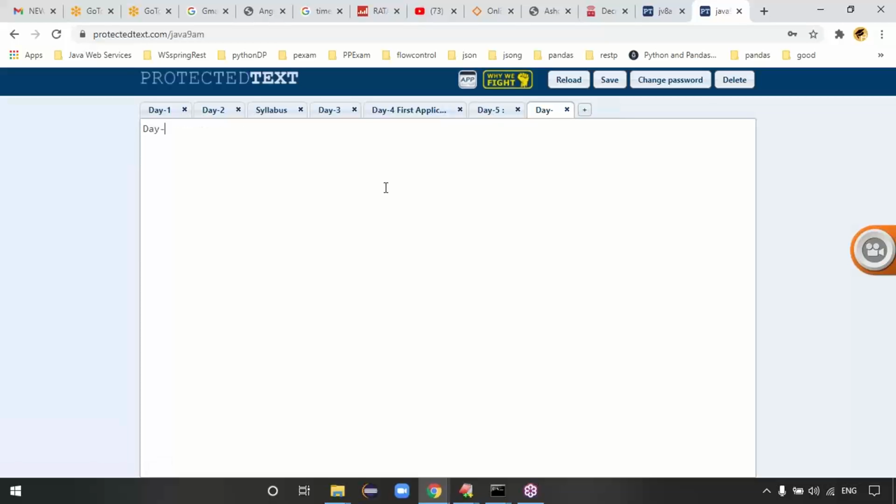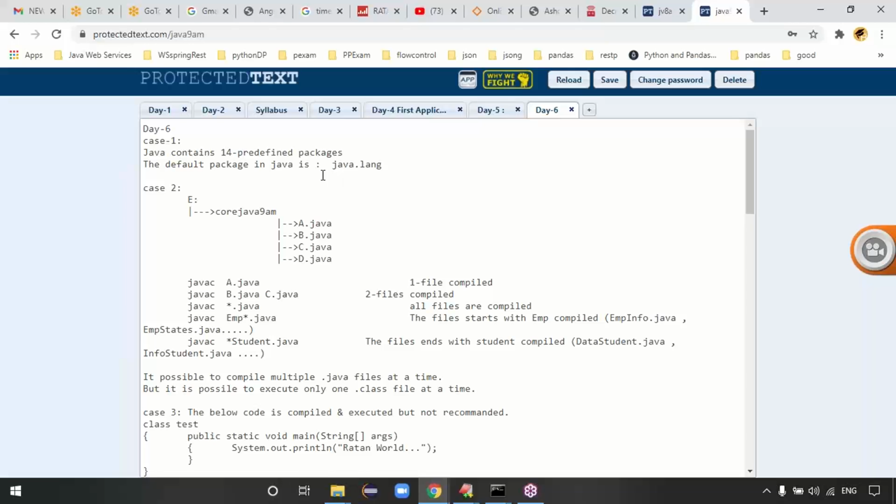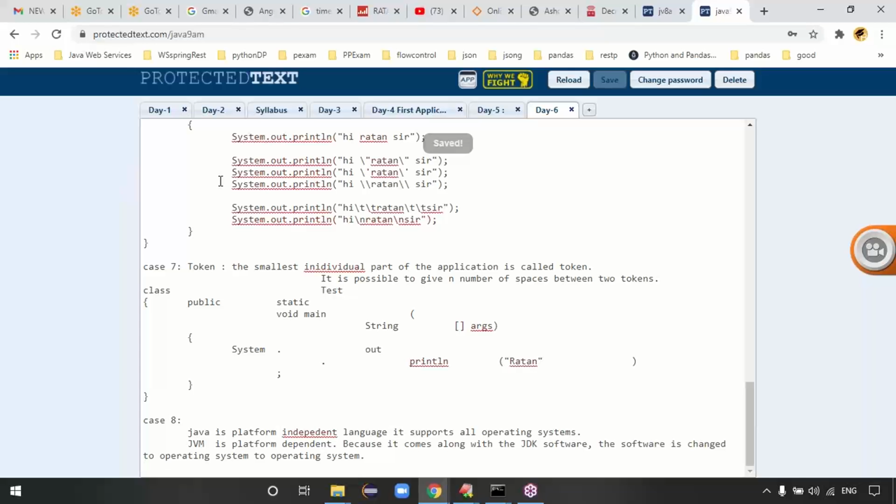Once the first chapter is completed, I'll make only one tab here for introduction and data types, with all the examples in one tab itself. So for every topic you will maintain one tab, guys. That will be a better option, like day 1, day 2, day 3, day 4. It requires 2 more days to complete the first chapter, introduction and data types.